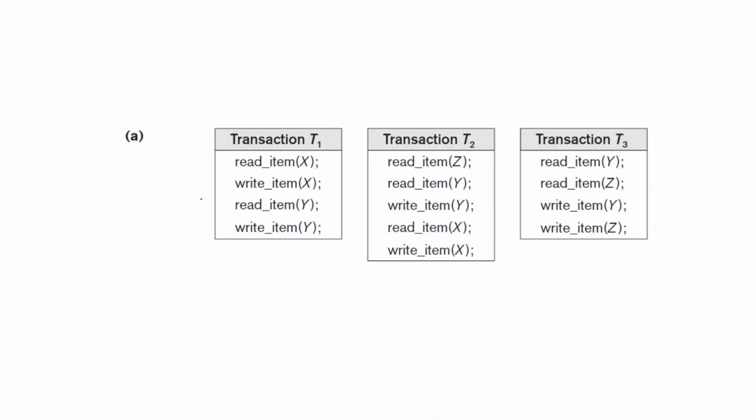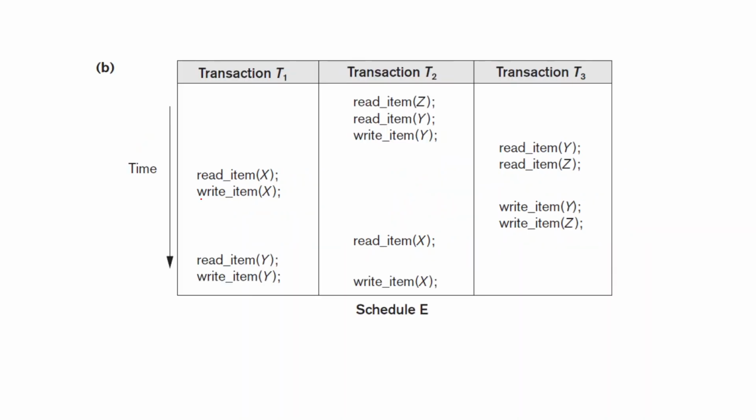Okay, now we look at another example which involves transactions T1, T2 and T3. So there are three transactions involved in the schedule. So this is schedule E. So we can draw T1 is the first node and we have got T2, T3. Okay, now